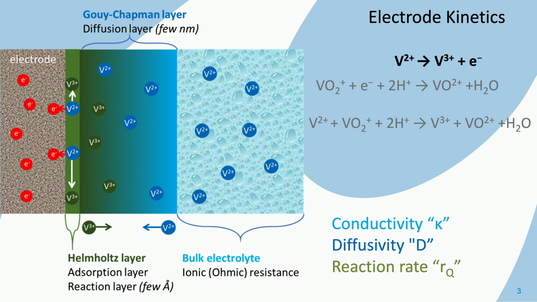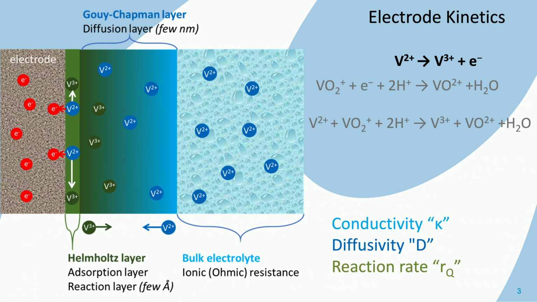This concentration of ions is everywhere the same, and migration here is determined by ohmic behavior, also called drift. This is usually assigned as conductivity and indicated here with a K. From there, these ions have to migrate to the surface to donate the electrons, and this happens through a layer where accumulation occurs of the species, similar as those people waiting at the door to enter. This mechanism is a process that is called diffusion, and here assigned with a D. This diffusion layer is known as the Gouy-Chapman layer.